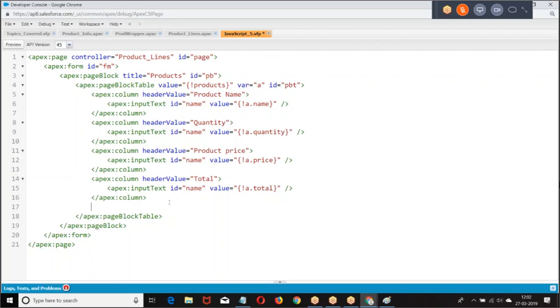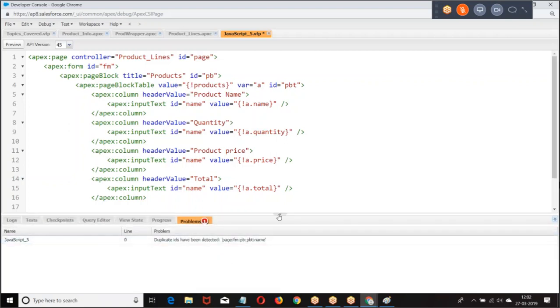So let us see the UI. It's simply a page block. Then here we need to give product name, and now we had price.